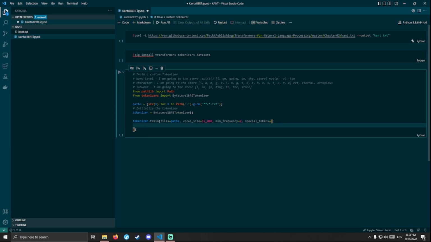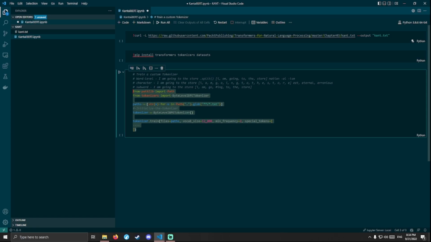So, vocab size. This is going to determine the size of our tokenizer, and if it fills up this entire vocab, it's going to stop. So you need to find a number for your language model that you want to build that actually encapsulates the majority of your meaning in order to get a really good distribution of all of your tokens. If you don't have that, you will never get good accuracy. So this is probably the most important part of training any NLP model, is coming up with a tokenizer and really tuning that tokenizer to make sure that it is giving the model